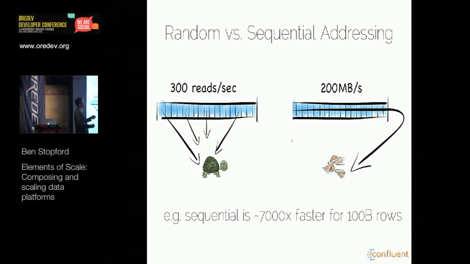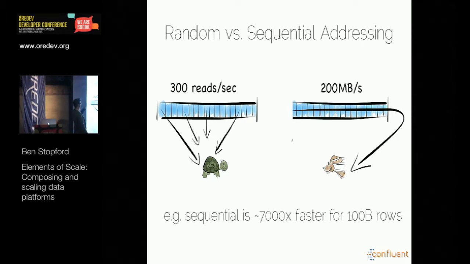There's a well-known theory or intuition that disks are slow. And disks are, in some ways, slow. Specifically, they're very slow if you address them for random operations. But if you address them sequentially, they're actually pretty good. If we take the example of a standard magnetic hard drive, we'll get maybe 200 megabytes per second. That's actually relatively conservative if we're addressing something sequentially, be it reads or writes. It'll be slightly different between the two, but it's pretty much the same.